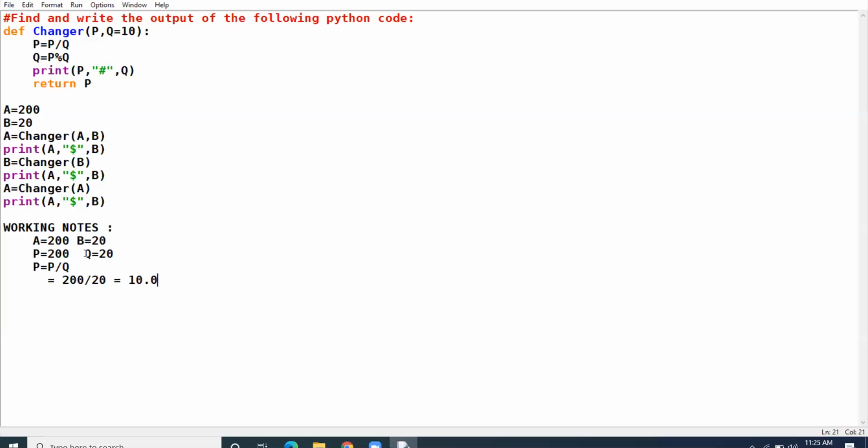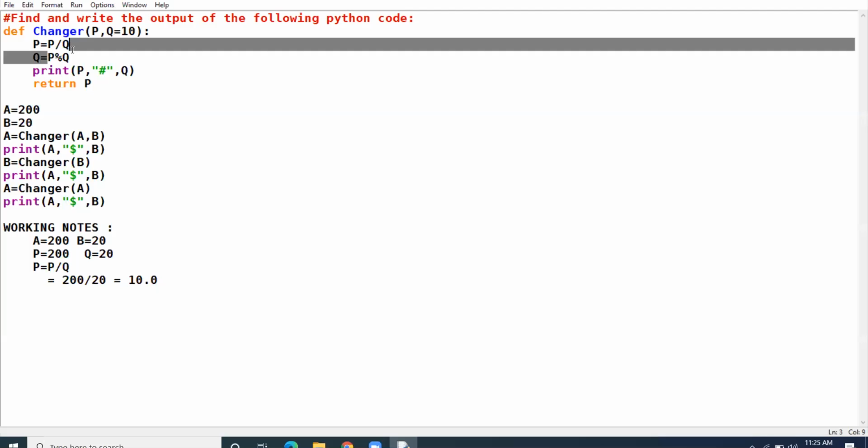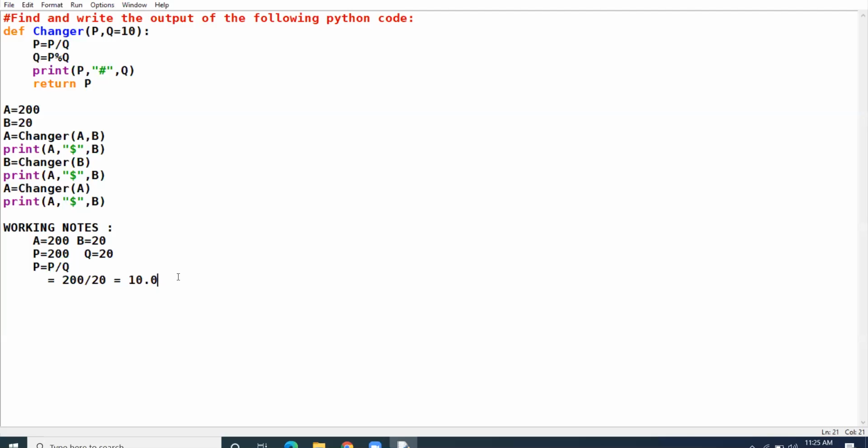Then Q is P modulus Q. The new value of P is 10.0. It is modulus with 20. It will give the answer 10.0.